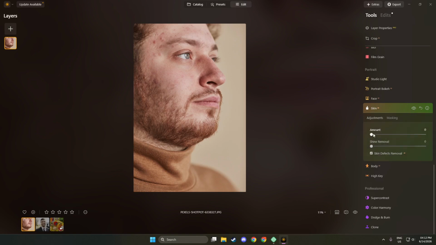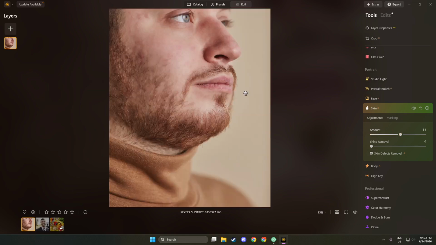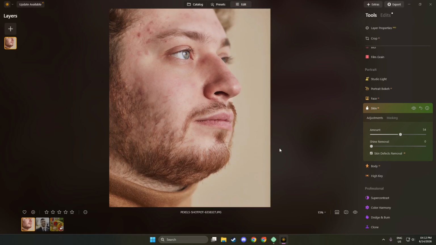After that, you'll want to adjust the strength or amount slider. Slide it until the blemishes disappear naturally. Be cautious not to overdo it, as too much adjustment can lead to an unnatural look. The goal here is to maintain realism while improving appearance. This careful adjustment ensures your photo looks both polished and authentic.